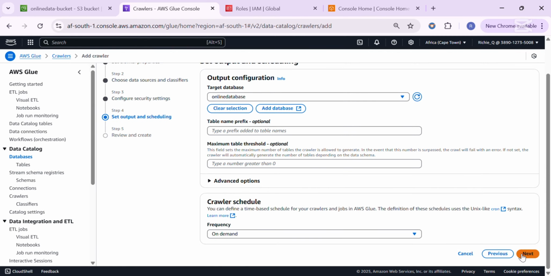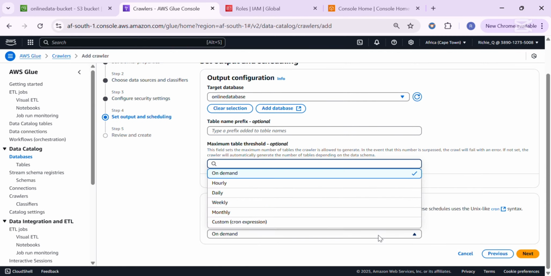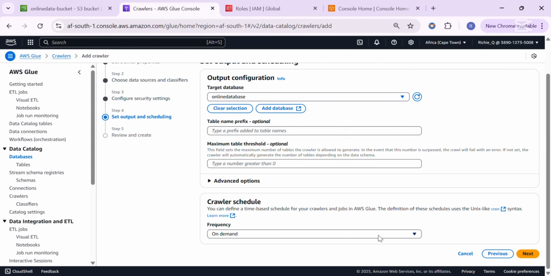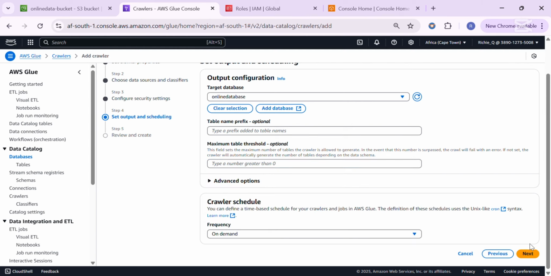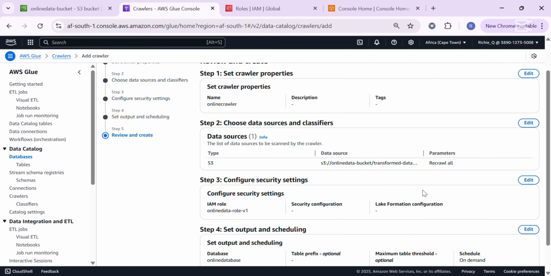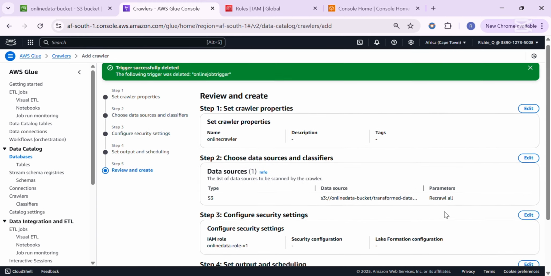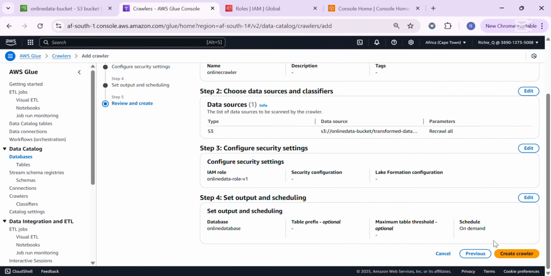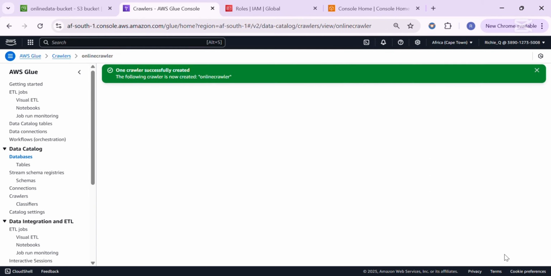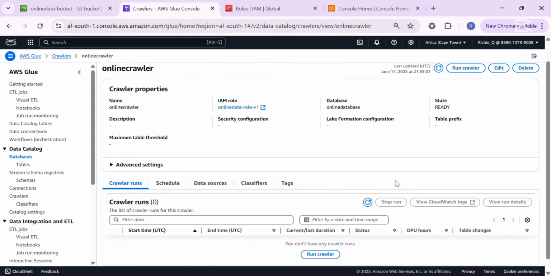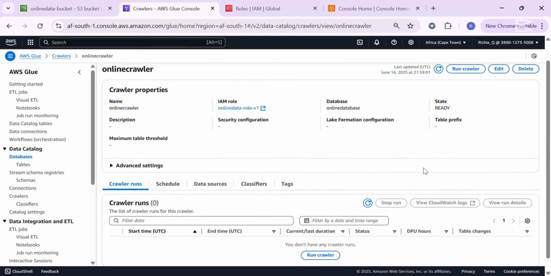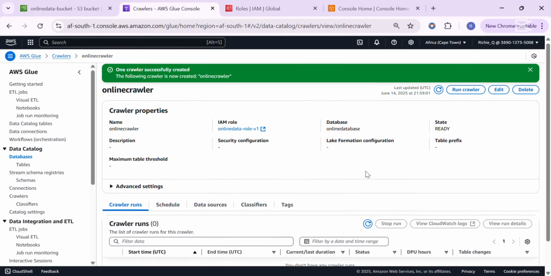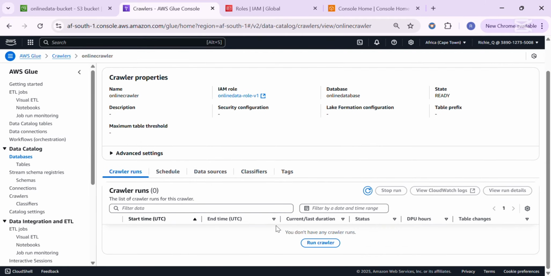You can change the frequency of extraction of the metadata as well. I'm going to leave it as on demand and click on next. And then finally, the last step will be to create the crawler. So we have created our crawler successfully, and now we have to run the crawler for it to extract the metadata. So I'll click on run crawler,